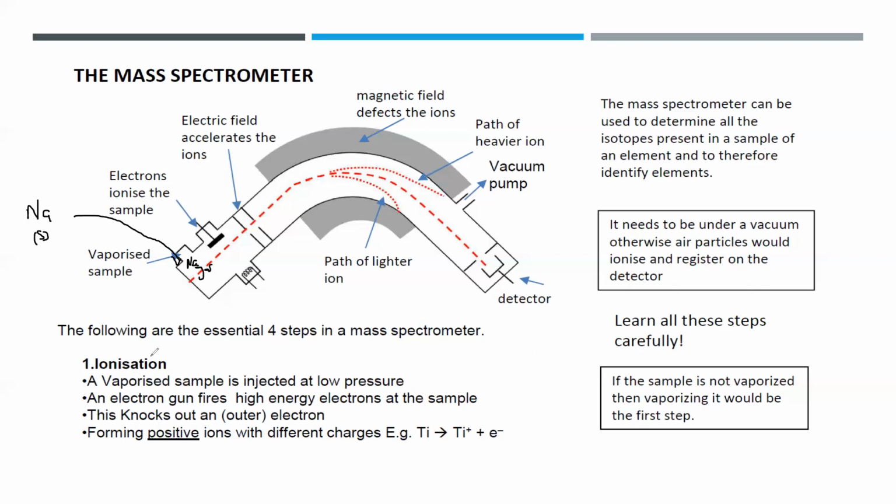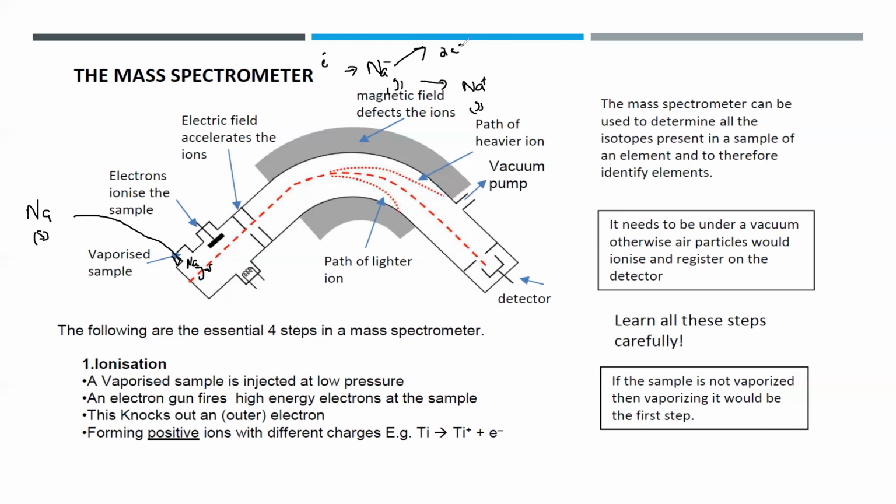Then the first step in terms of procedure is ionization. What happens in ionization? We knock out an electron from the atom. We call that ionization. And how do we do this? For example, we add a sodium atom here in a gaseous state. We target this sodium with a fast moving electron. This fast moving electron will knock out an electron from the sodium atom, and it will create a sodium positive ion,